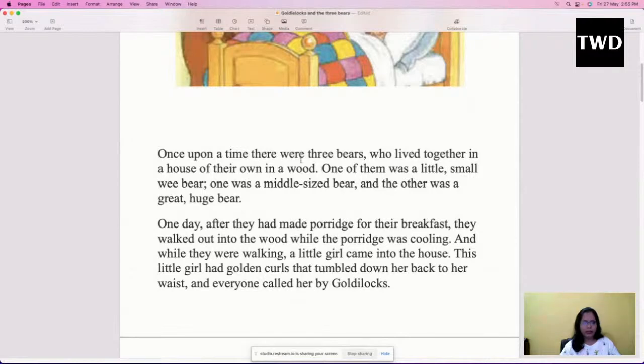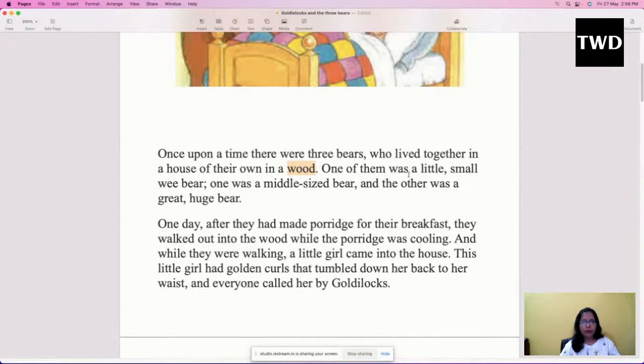So can you see the pronunciation of the word here? W-E-R-E, were. This is "were," not "where." Many people pronounce it as "where," but actually this is "were." Then this is "bears," not "beers." Many people pronounce it as "beers," but this is "bears." Wood. The "wa" sound should come whenever there is a W at the beginning of a word. Wood. It will not start with the "oo" sound, it will start with "wa."